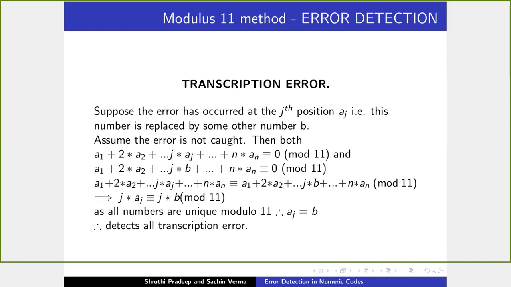This transcription error is nothing but a single digit error, right? In the earlier case, when we just had that simple scheme of adding the numbers, the reason why the single digit error would be detected was simple. But here, since we are multiplying, we need this proof, and we need to choose 11. Then the reason why we are considering this scheme will come later. Is this correct, what I've noticed?